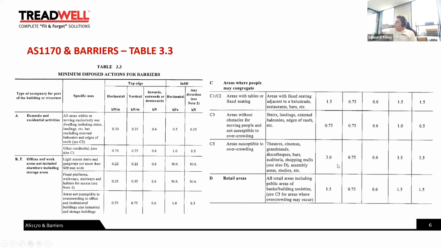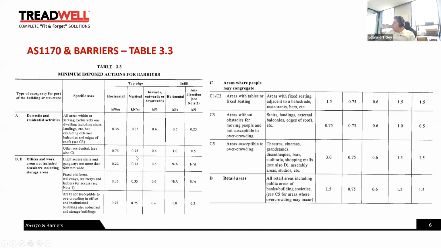And that would be something like this Class B here, light access stairs and gangways not more than 600 mil wide, and also the second category, fixed platforms, walkways, stairways, and ladders, which is AS 1657. Also, potentially able to be used in a Class A area, areas within or servicing one dwelling.